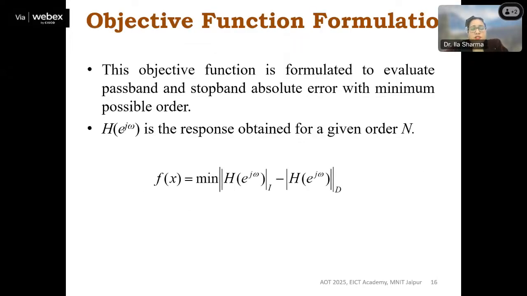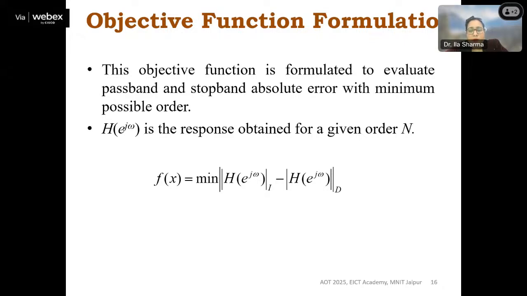So now the question comes, how is this objective function being formulated? Again, just recall the ideal low pass filter. I am taking the example of low pass for easiness. You can take any kind of filter for designing, but here I have taken the low pass filter for simplicity. As I told you, in a low pass we have an ideal filter response that should be, the magnitude response should be 1 or a constant value all over the passband region, and the value should be 0 in the stop band. Fine. So just observe this function that is being formulated.